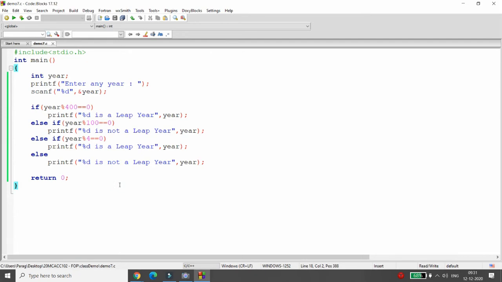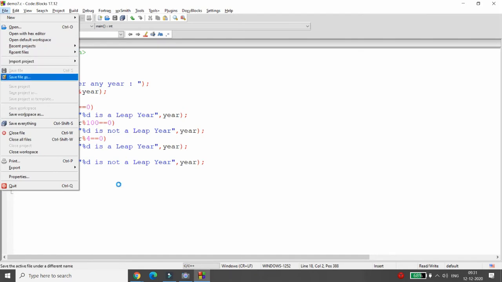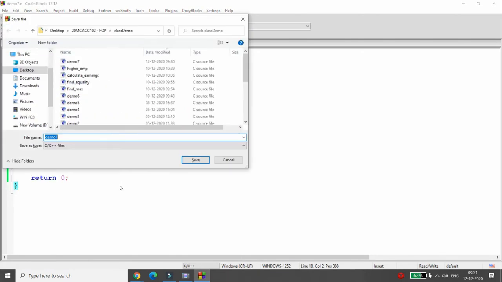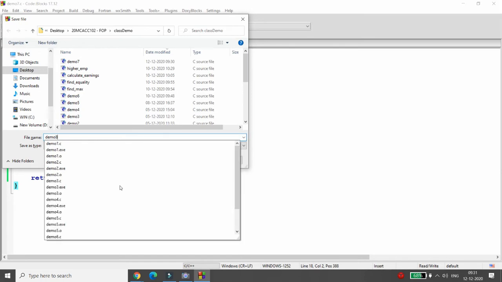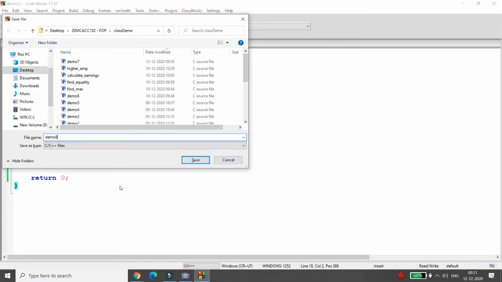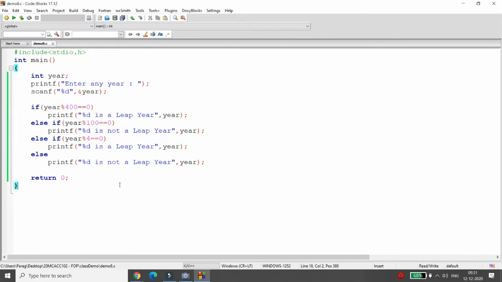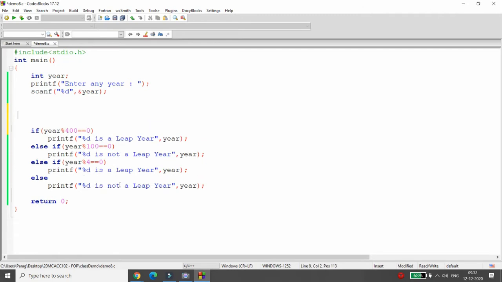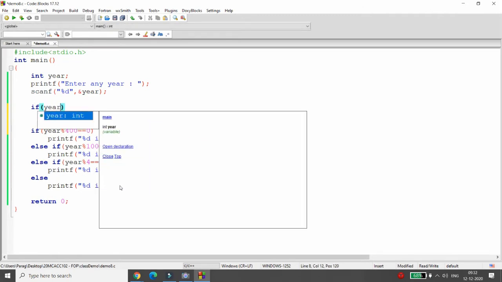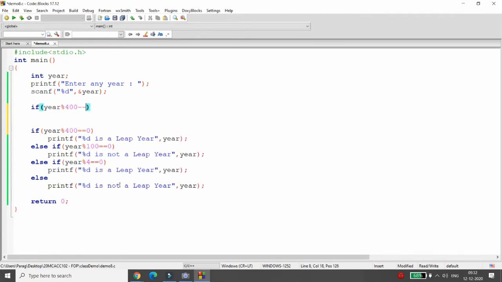But sometimes what happens, people ask you to do the same program without an if-else if ladder. Without the if-else if ladder, can I do this? Yes, I can do this. How? Again, you just need to calculate the same thing. What I am doing over here, I am just checking if year modulo 400 equal 0, then it is definitely a leap year. Or in which situation will we declare the leap year?